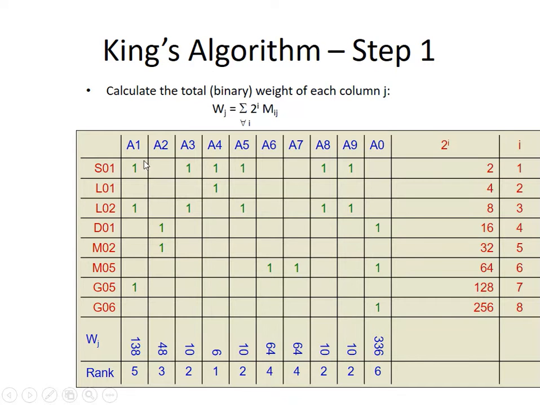So here, as you can see, these are the machines we have. Starting from 2 power i, we'll go on increasing till the last machine. According to that, i is the number of rows, which goes on increasing from top to bottom. So 2 power 1 is 2, 2 power 2 is 4, 2 power 3 is 8. In the same way, 2 power 8 will be 256.